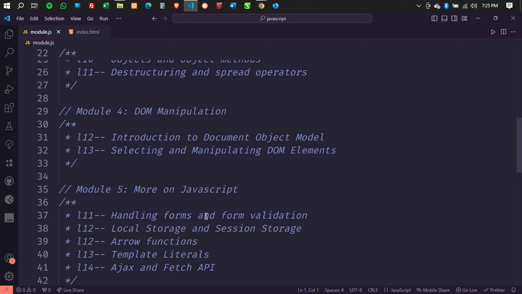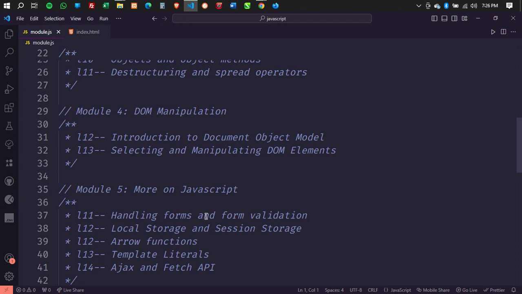Then we'll look at just something quick, which is about template literals. It's not a main thing, but we'll look at it. We'll definitely have it going, so you know what it is and how to use it in making your work a little, let's say, a little easier. Then we'll look at Ajax and the Fetch API in JavaScript, and how to use it to get data from